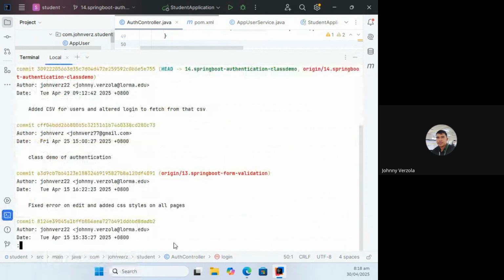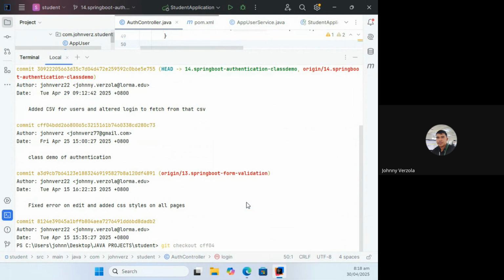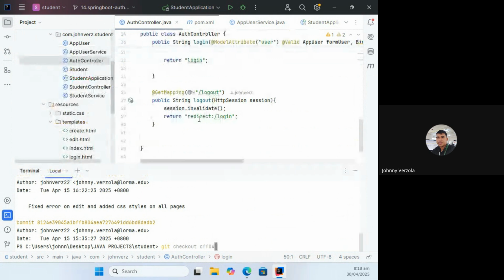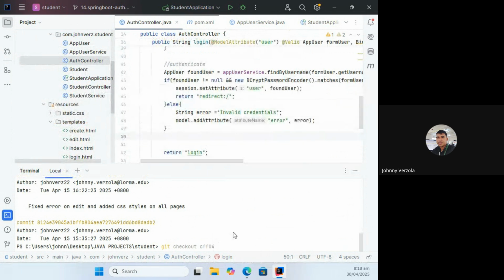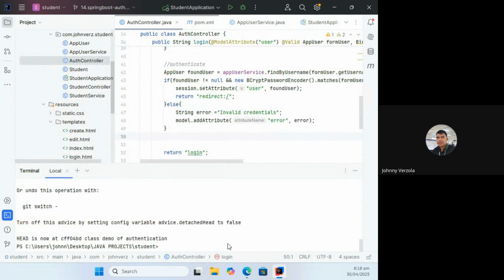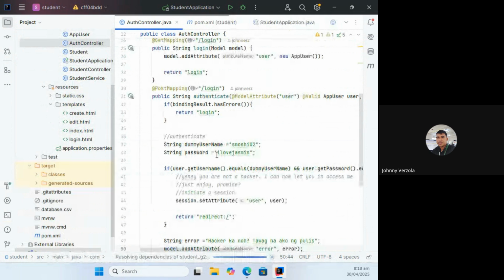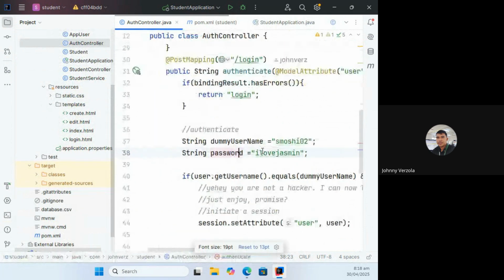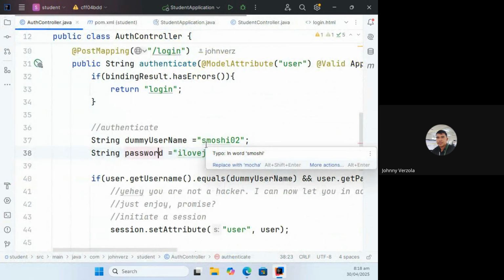Okay, and I'm going to terminate that. Git checkout, and then paste the hash here. If you notice, if I'm right with the command, it's just going to remove everything. Okay, as you can see, it removed it. I'm now into these codes, which are the last codes that we were working on in the class: logging in with dummy and hard-coded data.